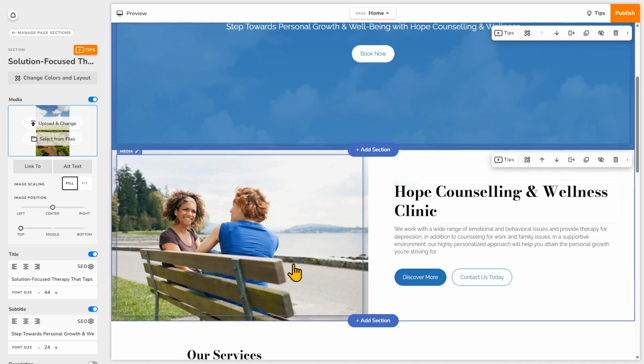So next, you want to look at balance, distributing visual weight evenly. For example, if we look at this section, you have the image on one side and the text and the buttons on the right side. Now the good thing is, using the site builder, they're made with pre-designed sections, which you can customize, but that will really help you with keeping to these design principles. And note that it doesn't have to be perfectly symmetrical, you just want to make sure it feels stable and intentional.